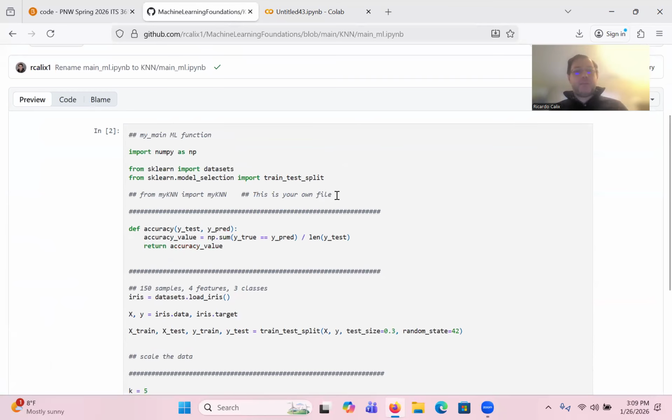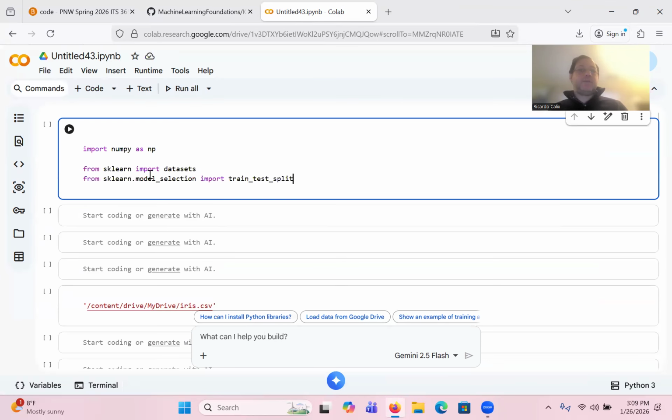So we're going to need some libraries. So I'm just going to copy these libraries here. So that's going to be NumPy, sklearn. From sklearn, we've got datasets, we've got this, and this function train test split is going to be very important to us. So I'm going to run this,